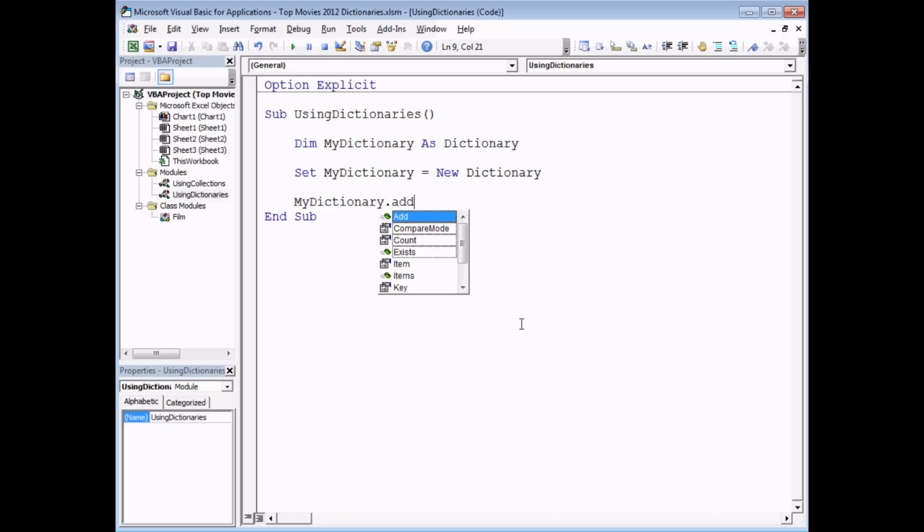Using the add method for a dictionary is subtly different to that for a collection. With a collection, I have to specify the item first and then the key. With a dictionary, it's the key first and then the item. And with a dictionary, the key parameter is compulsory, whereas for a collection it's optional. So for a dictionary, I must specify a name or an identifier for the object that I'm adding to my dictionary. So what I'm going to do first of all is add the worksheet 1